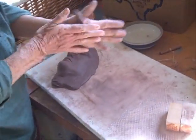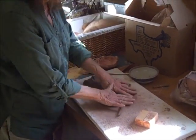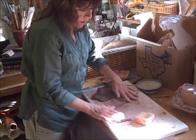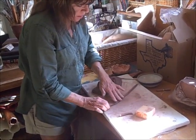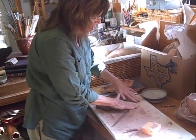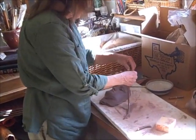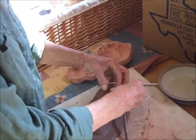Rolling coils is fun. You probably did this when you were in school and making clay snakes. Notice that you roll from the inside out, and try to keep it as even as possible. The mesh right here is for texture later on. I'm not using it right now. And then a good thing to do once you get a coil about the length that you want, of course, is to wet it so it'll stick better. A piece this size you don't really need to slip and score, and then you can just apply it kind of in a freehand manner,